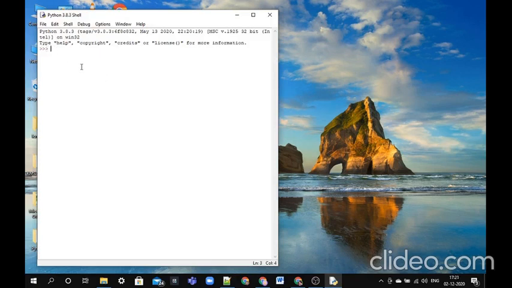Here you can write programs. Suppose I want to write in interactive mode, its result comes line by line. You can see 57 comes automatically as an output.